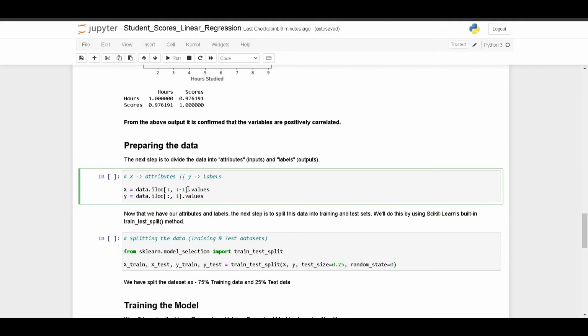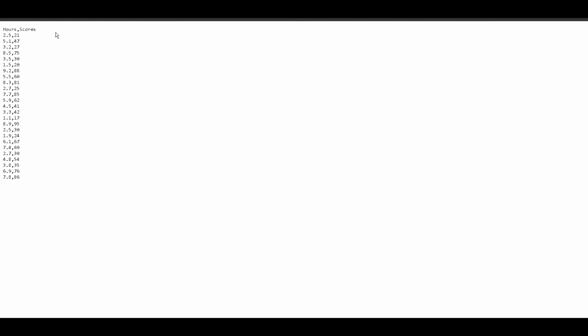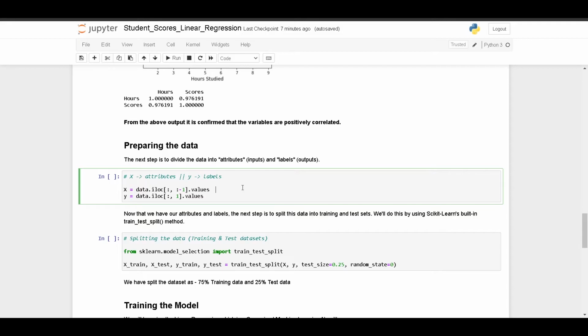As we can see in the dataset, there are only 2 columns, so the last column will be our label, that is the scores. I have just removed the scores column from X, that is the attributes, and Y will be the scores column, as we are using it as the labels.